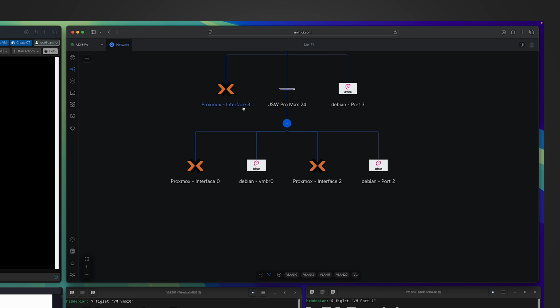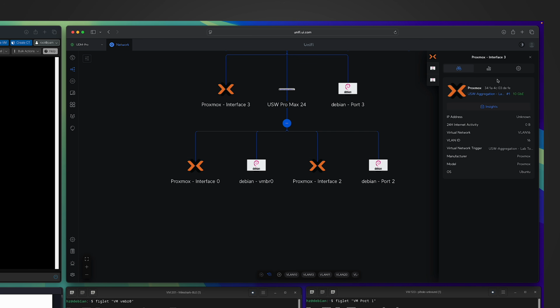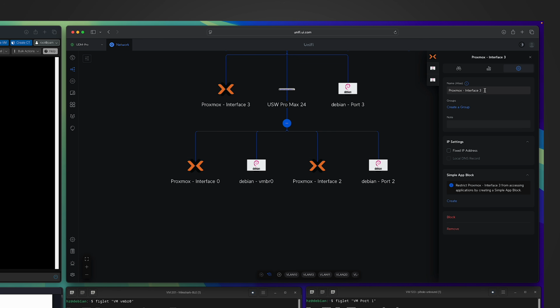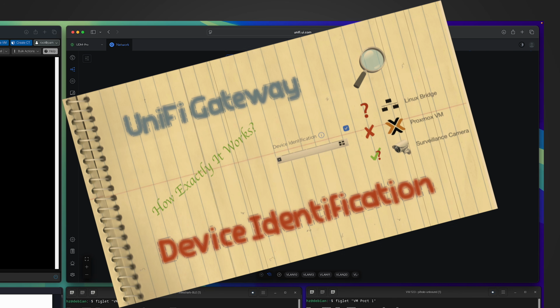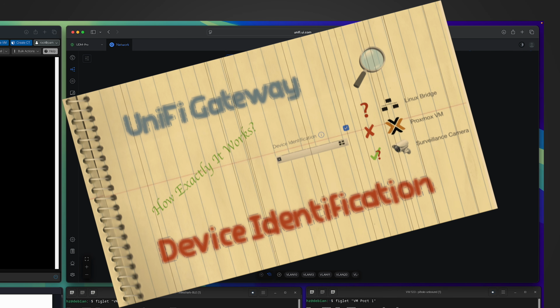By the way, you see a very clean display. You see correct icons and very intuitive names. That's not because Ubiquiti's client management works perfectly. No, it's just for this video, to make it easier to understand. I went to each client device, and in the settings, I forced the description and icon. In a separate video, I had a lot of complaints about Ubiquiti's implementation of device identification, but it's a totally different